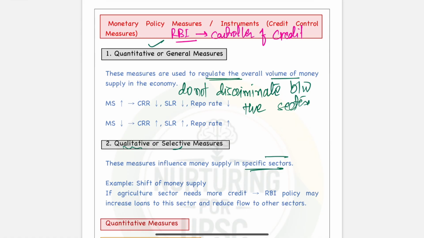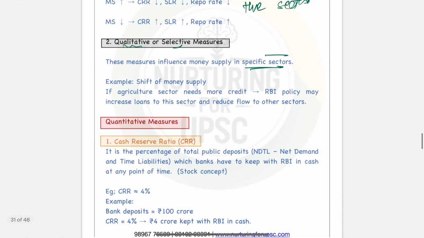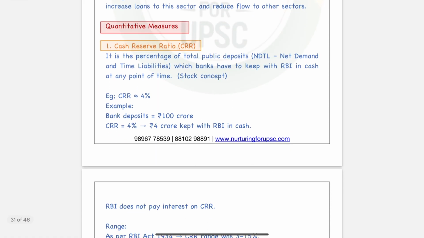फिर उसमें भी कुछ कन्वेंशनल मेजर्स है, कुछ अनकन्वेंशनल मेजर्स है ये क्वांटिटेटिव में। कन्वेंशनल मेजर्स क्या है कि वो है बैंक रेट, ओपन मार्केट ऑपरेशंस, वेरिएबल रिजर्व रेशियोज जो सीआरआर एसएलआर है। फिर अनकन्वेंशनल में तो हमने देखा ही था कि क्वांटिटेटिव ईजिंग थी, मार्जिनल स्टैंडिंग फैसिलिटी थी, मार्केट सप्लाई स्कीम थी एंड सो ऑन। अब ये बात क्या है कि हर एक इंस्ट्रूमेंट काम वैसे ही करता है, बस आपको थोड़े मोड़े डिटेल्स पता हो। Here I'll be trying to give you concept aspect of it, और जब कुछ पीडीएफ नोट्स टाइप देना रहेगा तो फिर मैं इनके स्पेसिफिक टेबल्स वगैरह भी तुमको दे ही दूंगा। अभी बस उसका प्रोसेस, उसका अंडरस्टैंडिंग, उसका लिंकेजेस समझो क्योंकि वो बहुत जरूरी है।